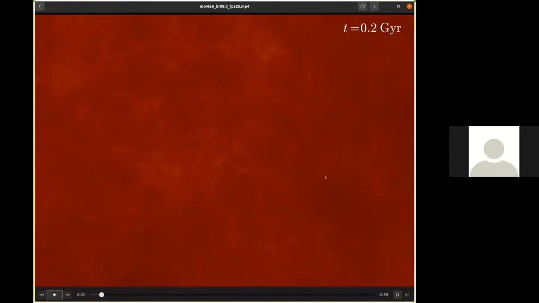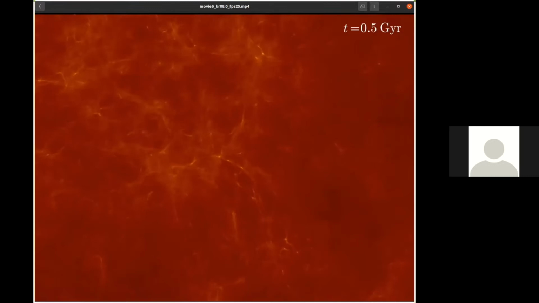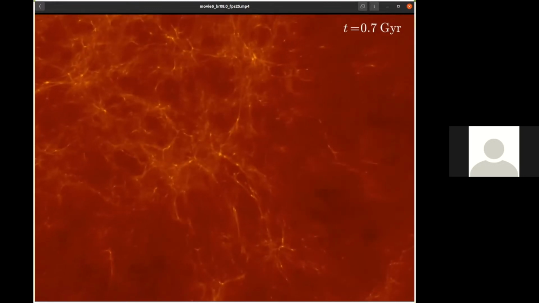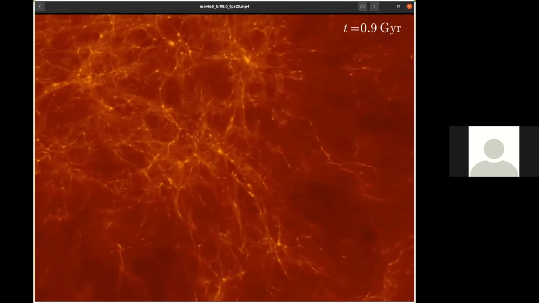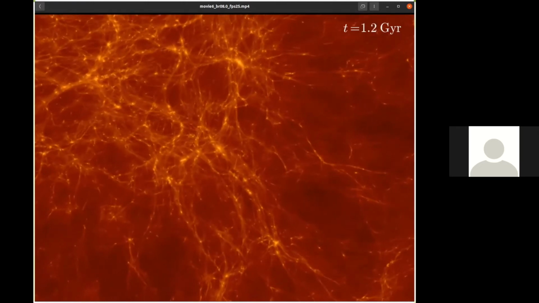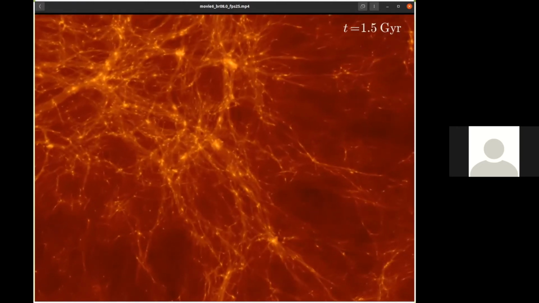So you can see that there's sort of a little bit darker over here. Maybe it's a little bit more yellow over here. So what we kind of predict from what I was saying earlier is that this more yellow region is probably going to collapse into a dark matter halo. So let's watch what happens. Over time, we start to see that these dense regions are starting to fall together, and we can start to see these little dots showing up, which are the original dense areas.